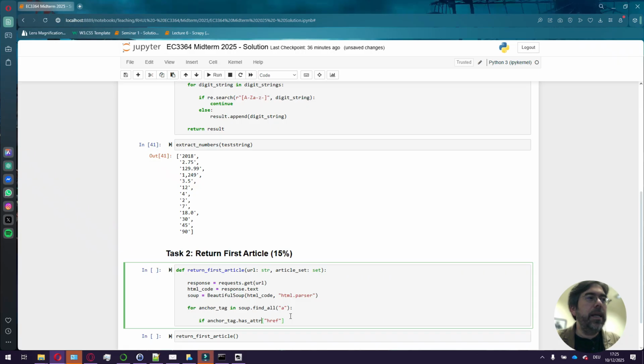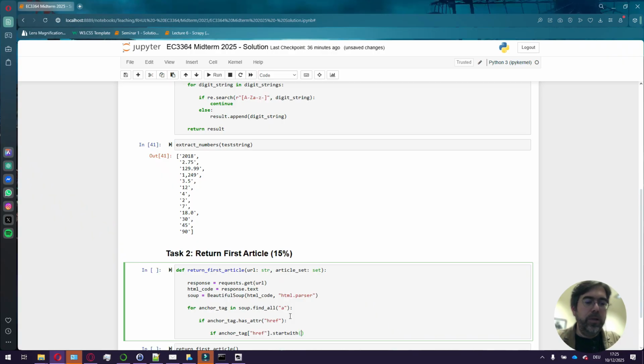Only then I can actually continue. So if this is the case, then we continue to check, and if that href of the anchor tag starts with,